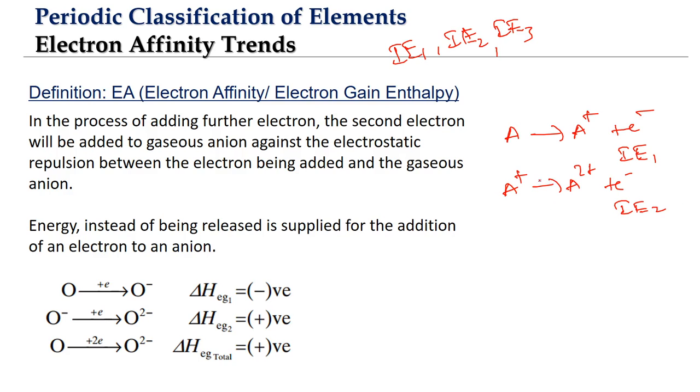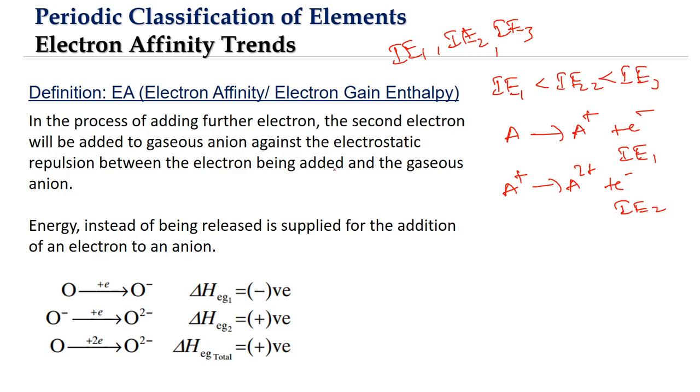So what we have observed is, every time we are removing one more electron, it is going to require more amount of energy from us. So we even saw the trend: IE1 value will be less than IE2 value, which will be less than IE3, and so on. Okay, what about the electron affinity or electron gain enthalpy case?